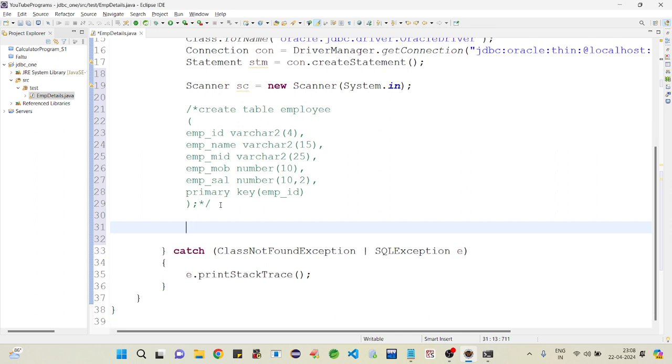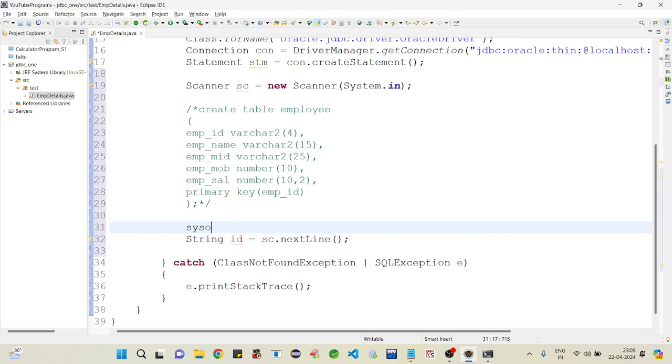First I have to take input of employee id, String id equal to sc.nextLine. First we have to write a System.out statement to indicate to the user what to enter: Enter emp id. I am copying this every time.